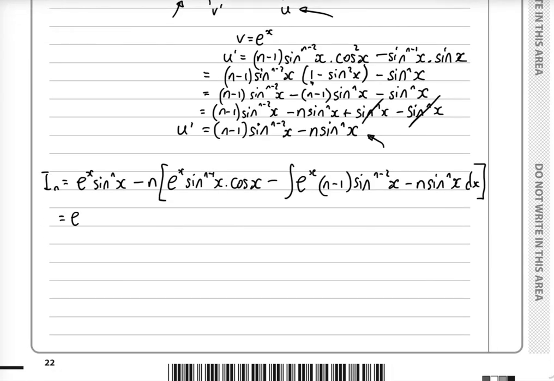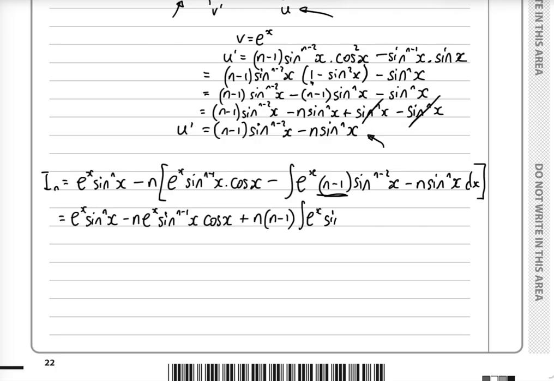So all of this is e to the x sine to the nx minus n lots of e to the x sine to the n minus 1 x cos x, minus times the minus in front gives us a plus n, and I'll bring this n minus 1 bracket outside as well, integral e to the x sine to the n minus 2 x,